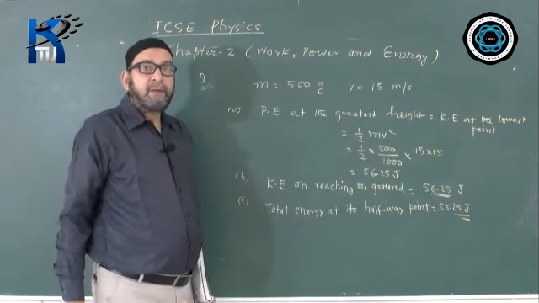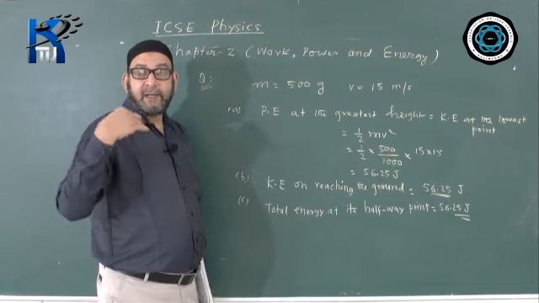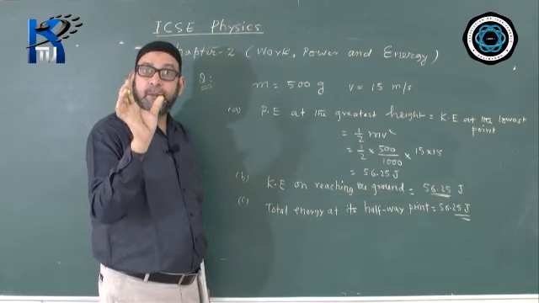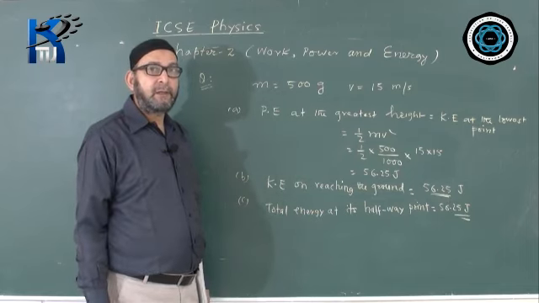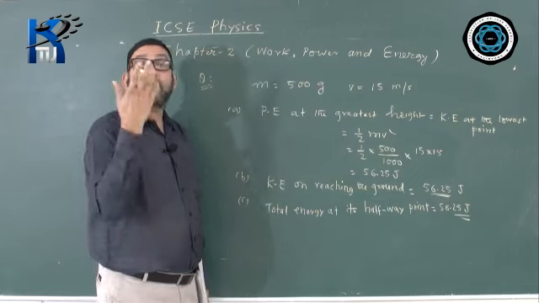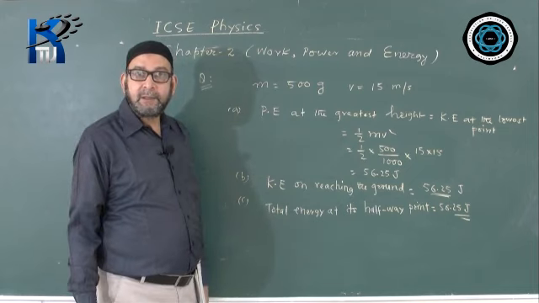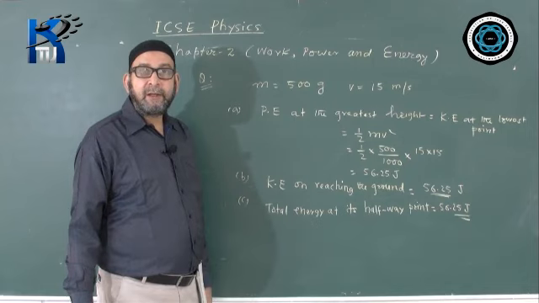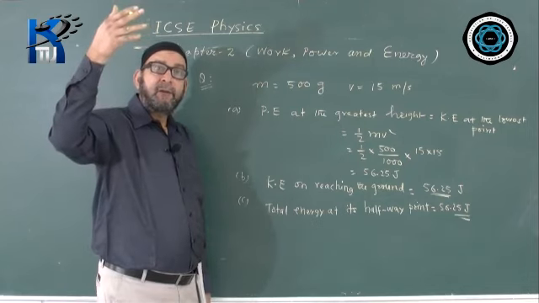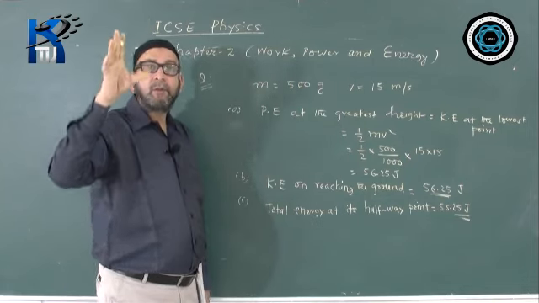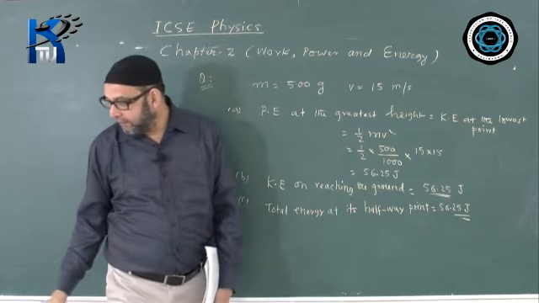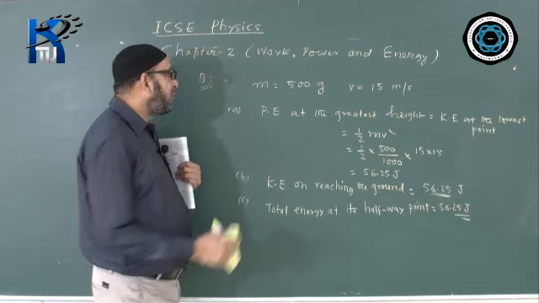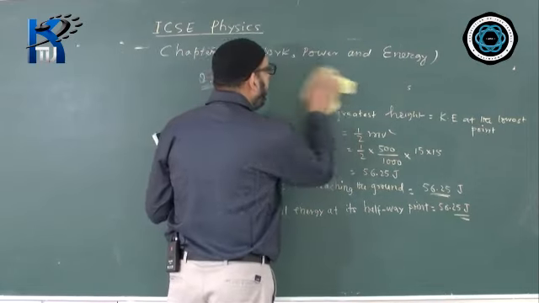The situation where we can find kinetic energy, we will find kinetic energy, and if the question is asking you to find potential energy, that only will become the value of potential energy. Or the situation where height is given, we can find potential energy, and that must be changing into the kinetic energy. If the question asks you to find kinetic energy, that will become equal to the potential energy. That is the idea we will be applying in this type of question. I mean, conversion of energy we must think of.